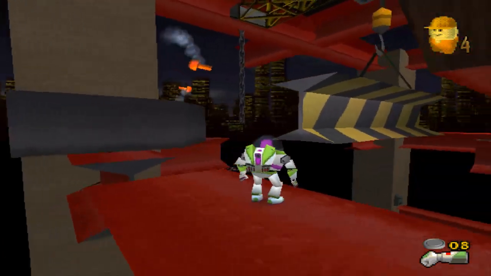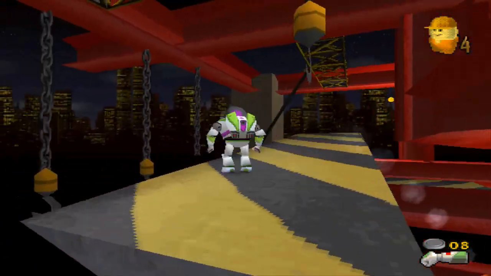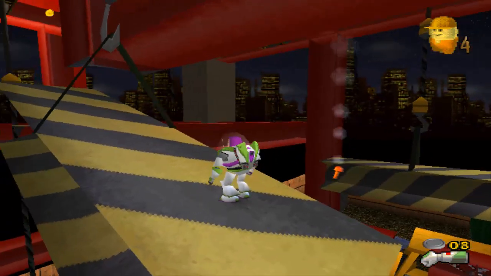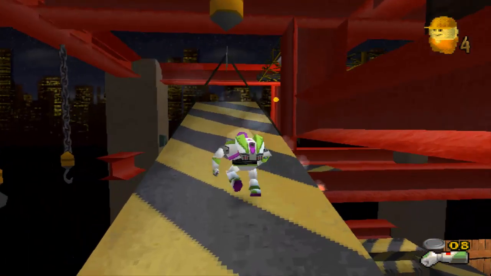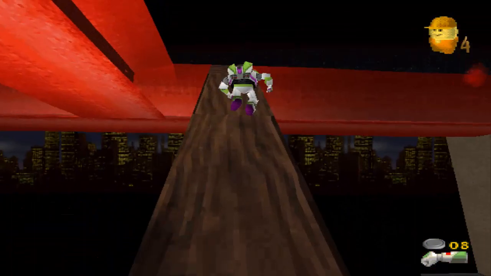We need to try and jump on this, I believe. Is that right? Yeah, I thought so. So that way it can just take us up here, and then we can make it to the boss. Or actually, no, wait, I think we're meant to do it another way, but I don't even care. Let's just go with this one, shall we? Because that way we can just get up, and we are finally...